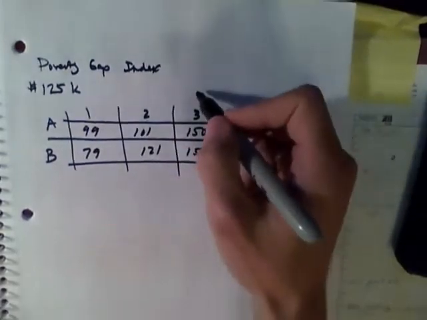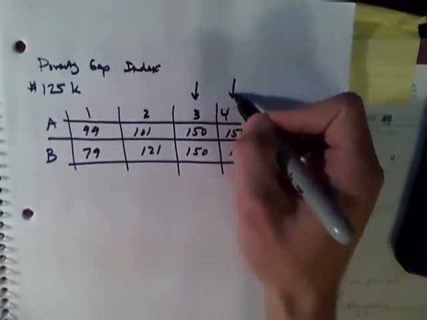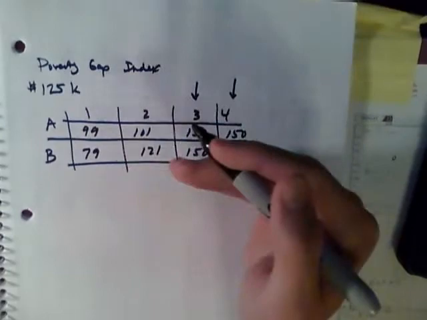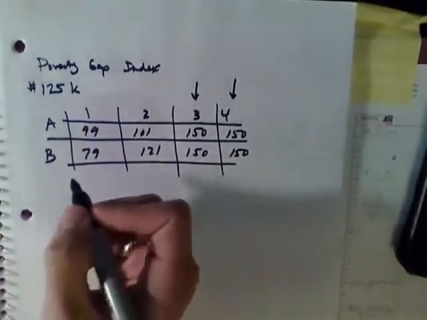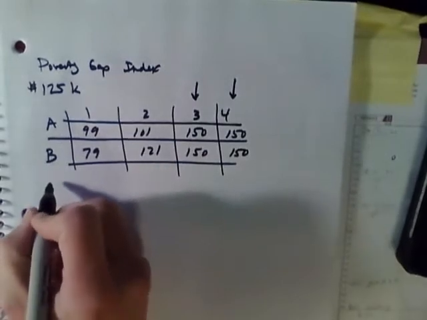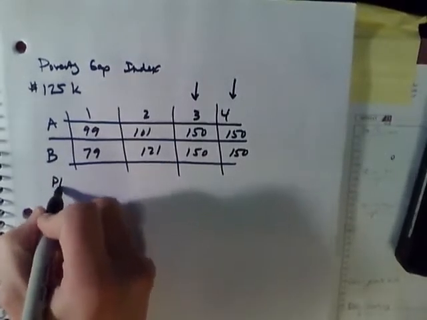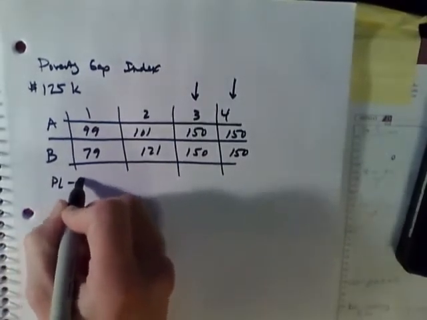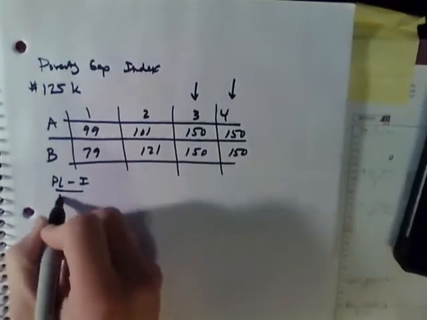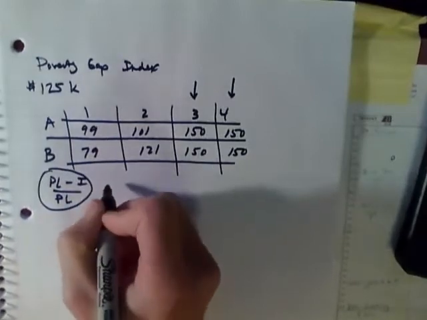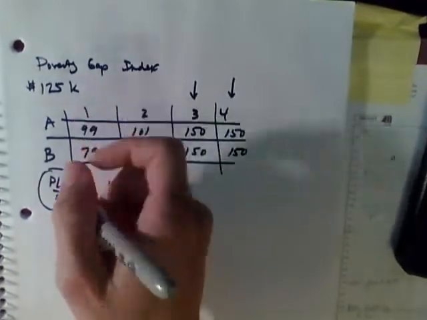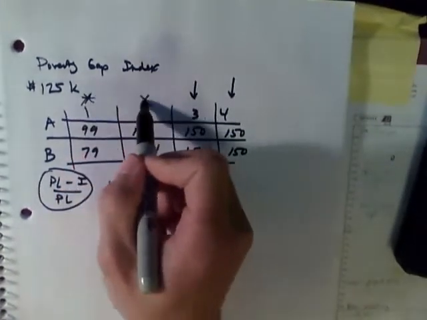the poverty line. So these two individuals, 3 and 4, are not below the poverty line, but you still include them in this calculation that we're about to do. So the formula is poverty line minus the income over poverty line. We're just going to stick to this general equation for this. So 125 for this individual who is below the poverty line, as well as number 2,